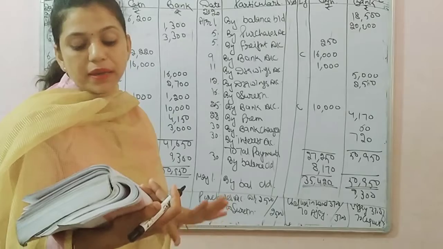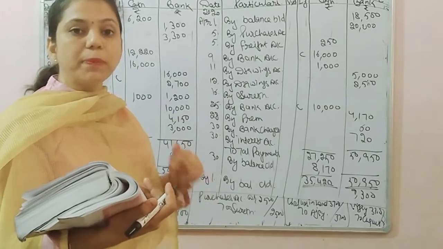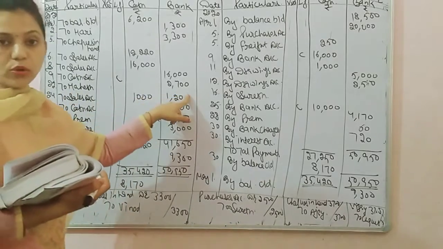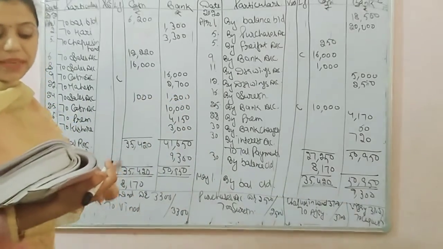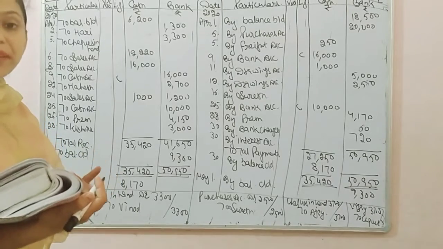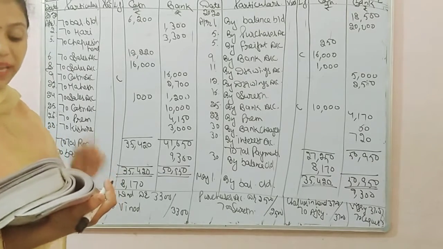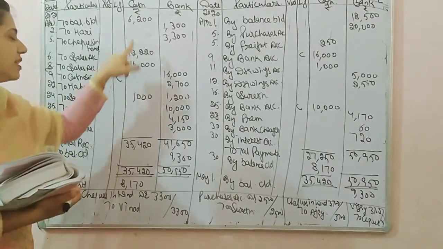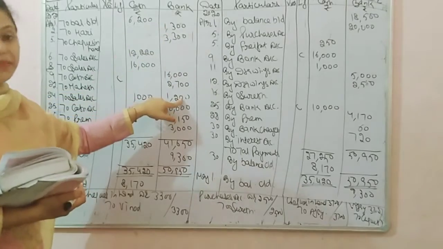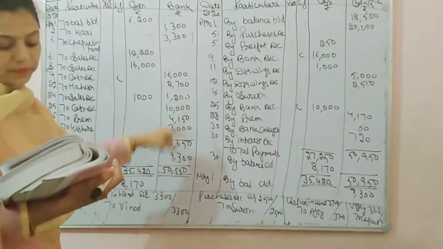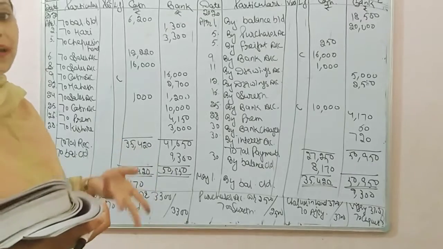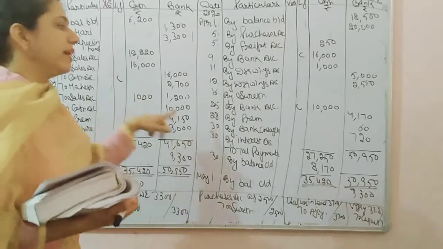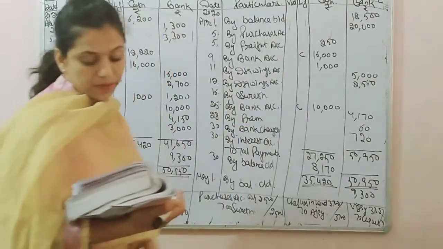Next, received the check from Mahesh and deposited into bank. So to Mahesh and deposit into bank with 2700. Next is received cash 1000 and check 1200 for cash sale. We have sales here. Cash received 1000 and check received 1200. So check will be recorded in bank column. Next, paid into bank. Again it is a contra entry. Bank balance is increasing with to cash and cash balance is decreasing with by bank.